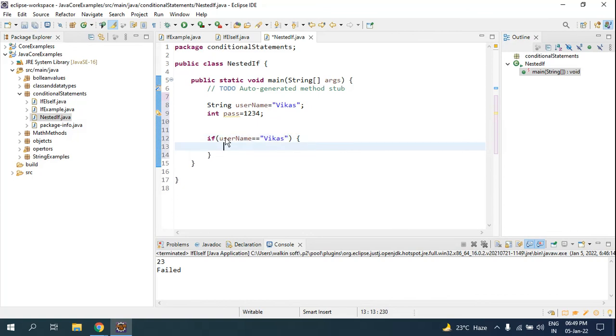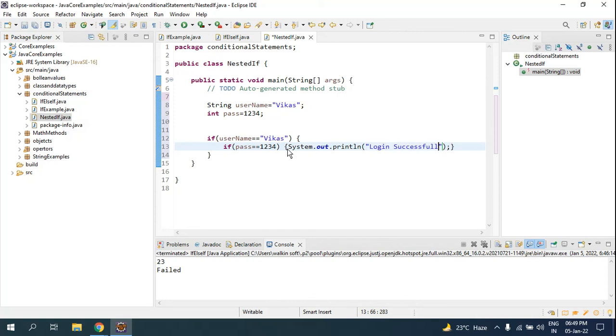As I said, the first statement, if it is equal to Vikas, then go for the password. Inside this I'm using another if, to check password, pass is equal to 1234. I want it to be printed as login